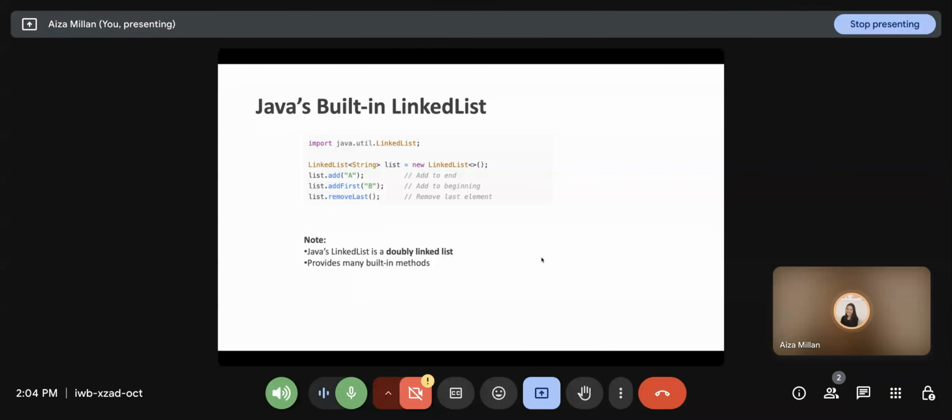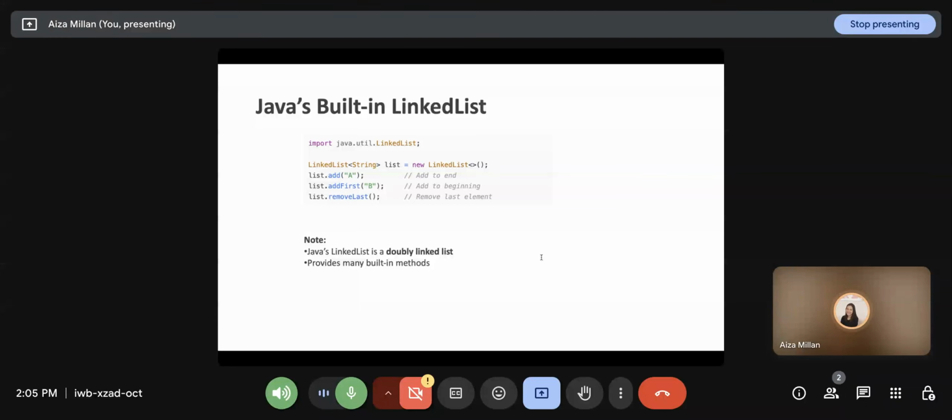We also have addFirst, which adds to the start, and removeLast, which removes the last element. We'll have a separate video on the different methods you can use with the built-in linked list. This is actually a doubly linked list, so it's more versatile than our manual version.